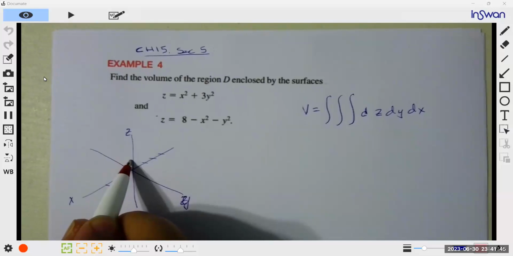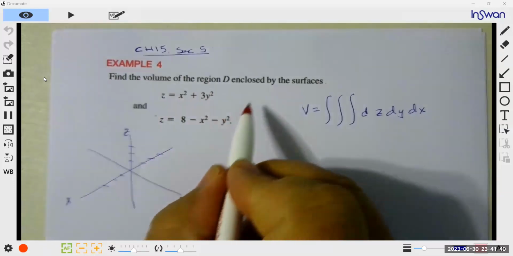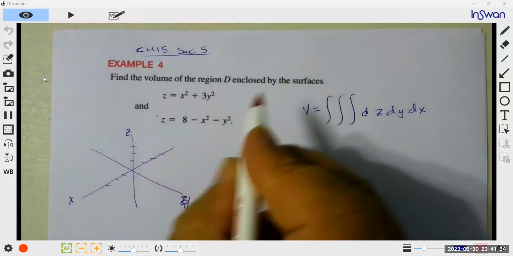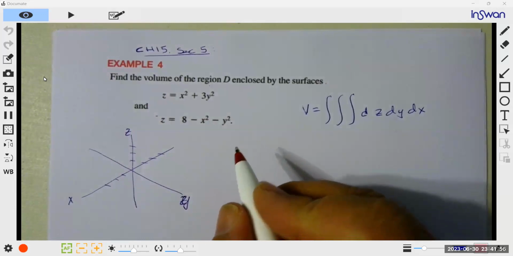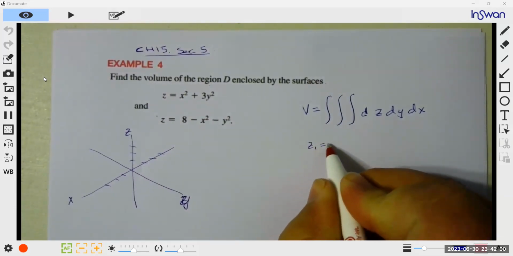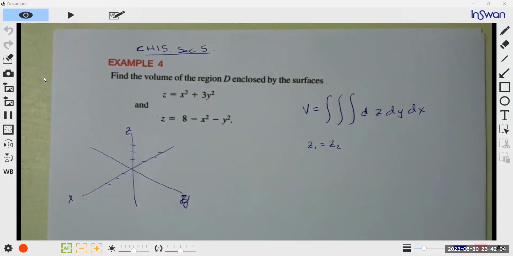Find the volume of the region split by the surface. Well, we had two parts. Let's set them equal to each other so we can find out what our bounds are with respect to x